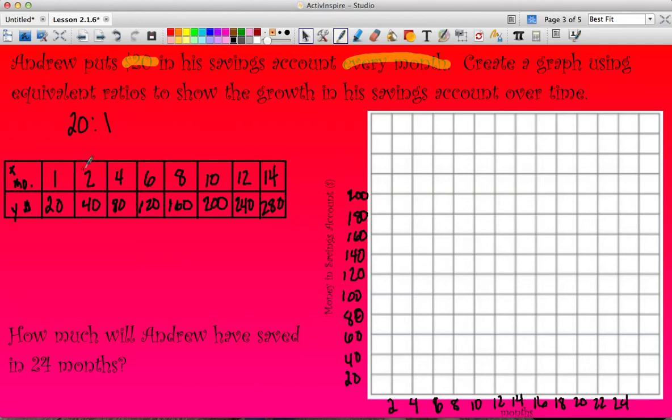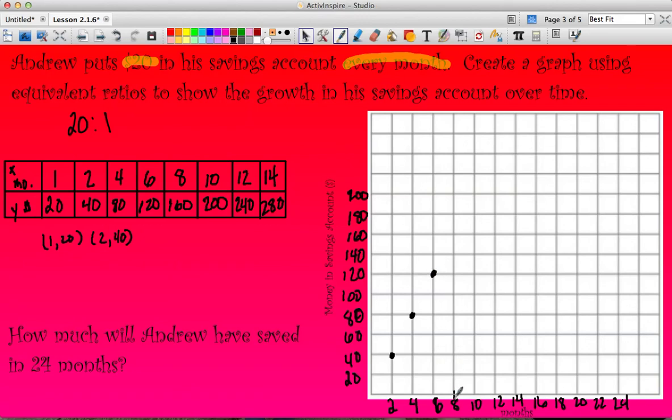So now I can go ahead and use these to graph my graph. So I can use 1 and 20. And I don't have to write out all the ordered pairs, but I do want you to see that this is how the ordered pairs would have to be written, because it has to go X, then Y. So I would have 2. So in 2 months, he would have saved 40. In 4 months, he would have saved 80. In 6 months,